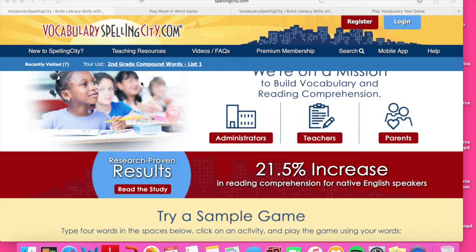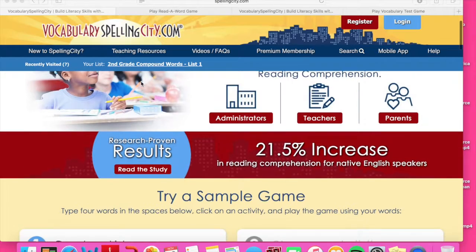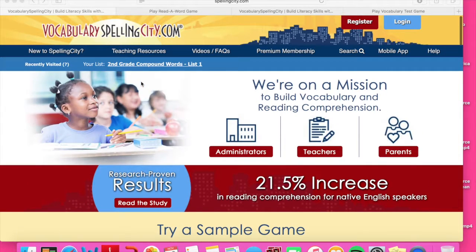The first resource that I will be evaluating today is vocabularyspellingcity.com. Vocabularyspellingcity.com is one of my favorite resources to use in my classroom. The reason that this is such a great resource is because it allows you to individualize vocabulary study among students, and I will show you why in just a second. But vocabulary knowledge is the foundation for fluency and comprehension, so it's so important that students are practicing their vocabulary